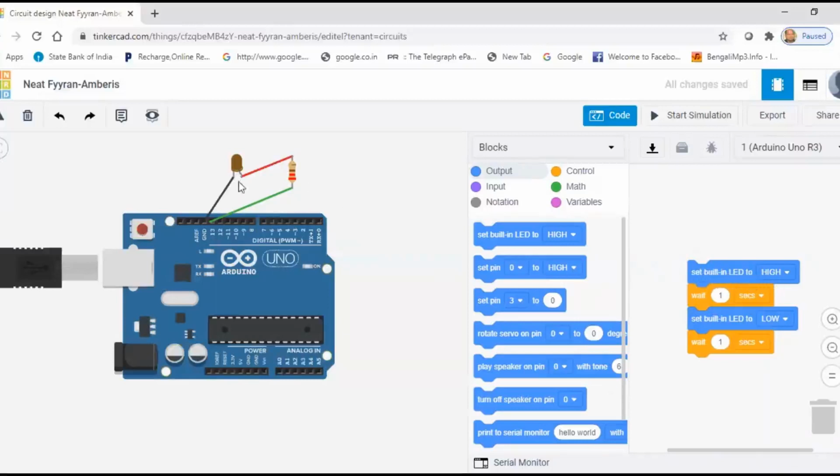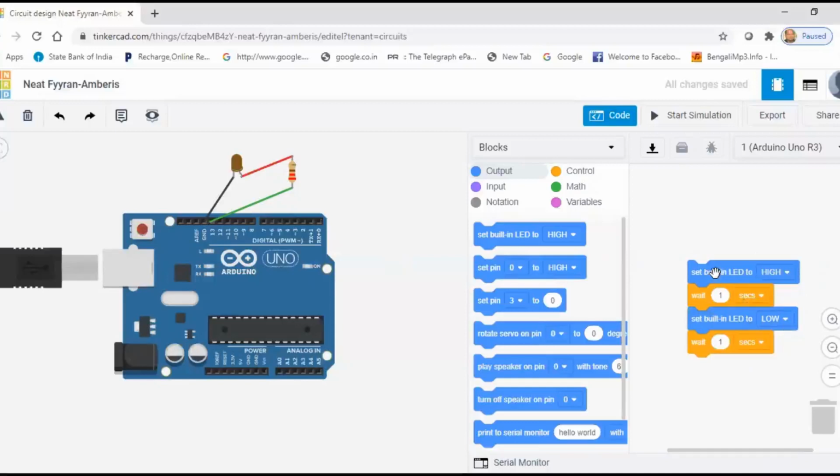So this is the high condition. Then we insert a wait state, that means a delay of 1 second. Then again set this LED to low condition, and then again insert a wait of 1 second. So this is the whole program.